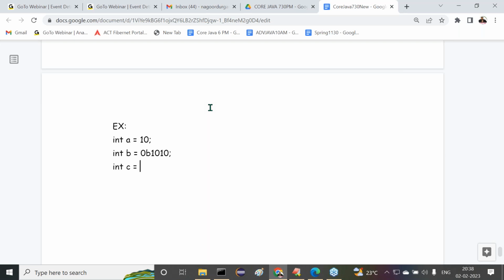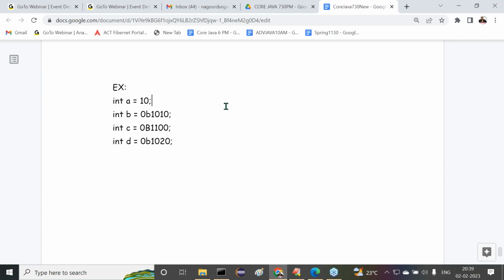Int c is equal to 0 capital B 1100. Int d is equal to 0 small b 1020. Like this I have given some examples. Now tell me, out of all, which syntaxes are valid and which are invalid? First one, valid or invalid?